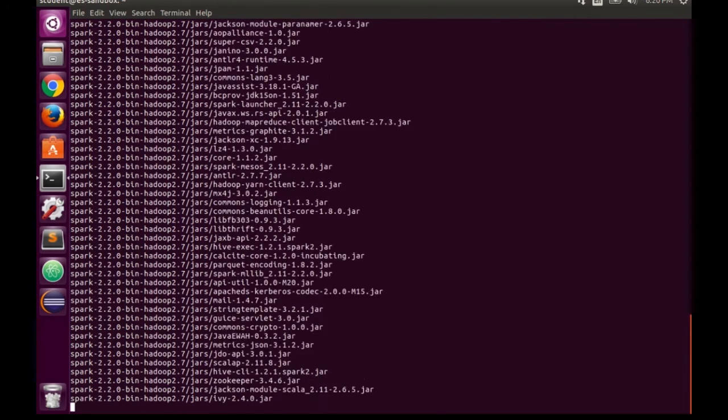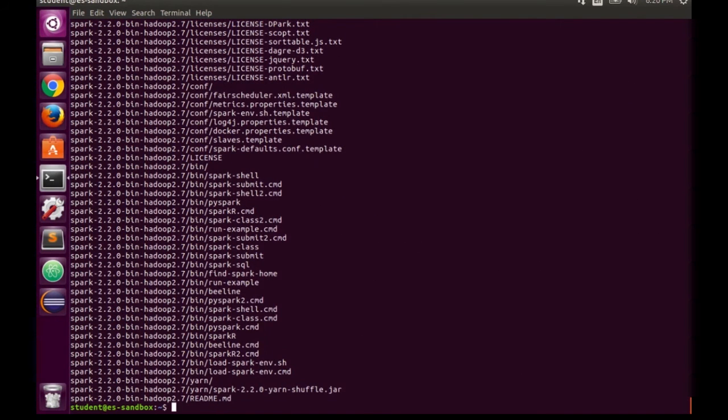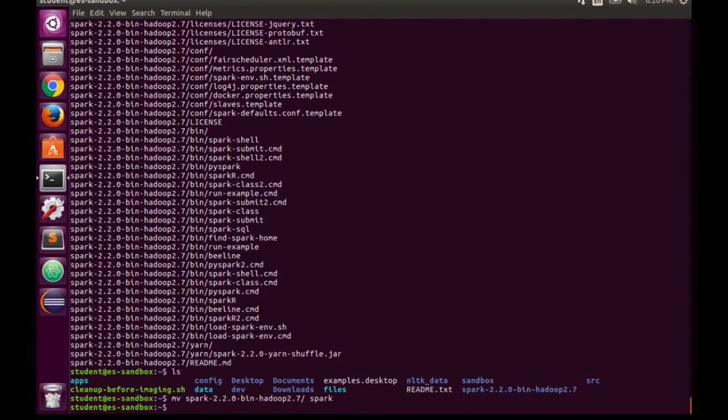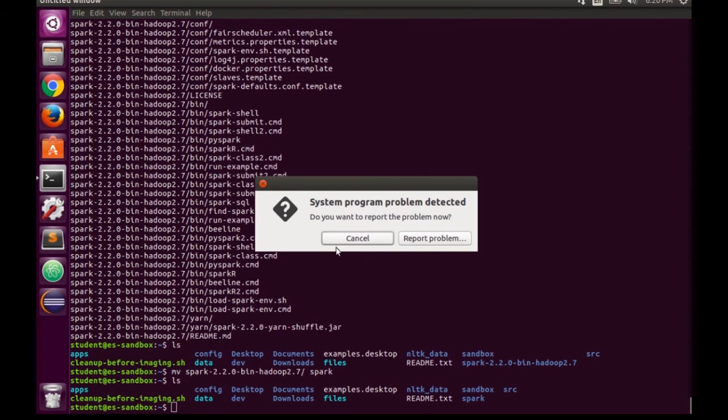There's a Spark 2.2 already in the files directory here on the Sandbox. So that's good. So also I'm going to just move this to just plain old Spark. Good. So now I should have a directory here called Spark.